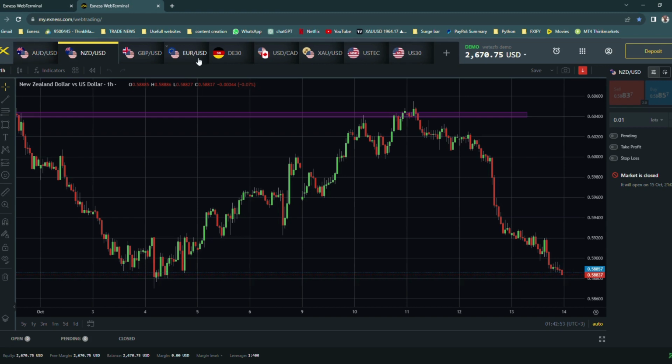Now let's get to the London session. So the London session has normally these two currencies, which is GBP and Euro, and all the pairs that are correlated with these two currencies, which means GBP JPY, Euro JPY, GBP Canadian, and Euro Canadian. So these two are always active in the London session.